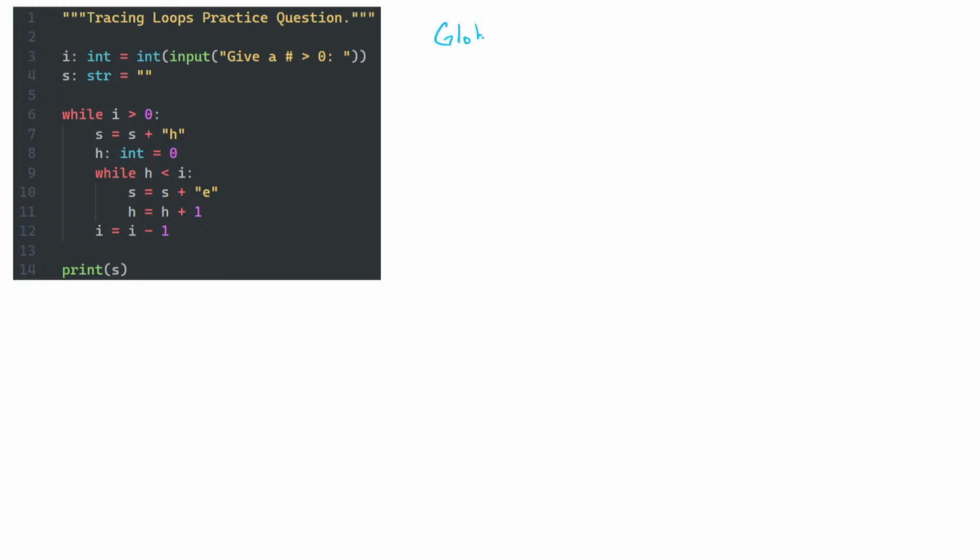So on our diagrams, we're going to have a globals frame. So far, this is all we have. Starting next week, we'll see that there are some other frames on our stack, and I could label this the stack as well. Next week, we'll also see some reasons for why we have this area called the stack and another area called the heap. But for now, we're really only concerned with the stack and this globals frame. We have this i variable that's established, and it's the user's input. We're taking their input as a string, which we said the user typed in the number 3, and then we converted it to an integer with the int constructor, so i is 3.